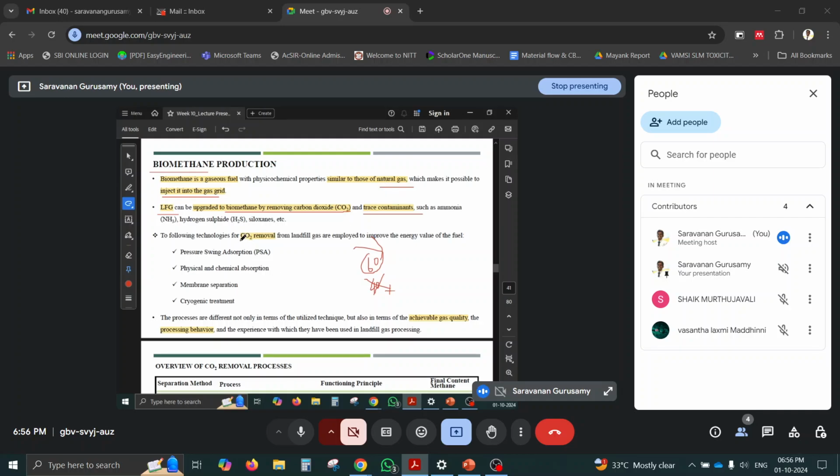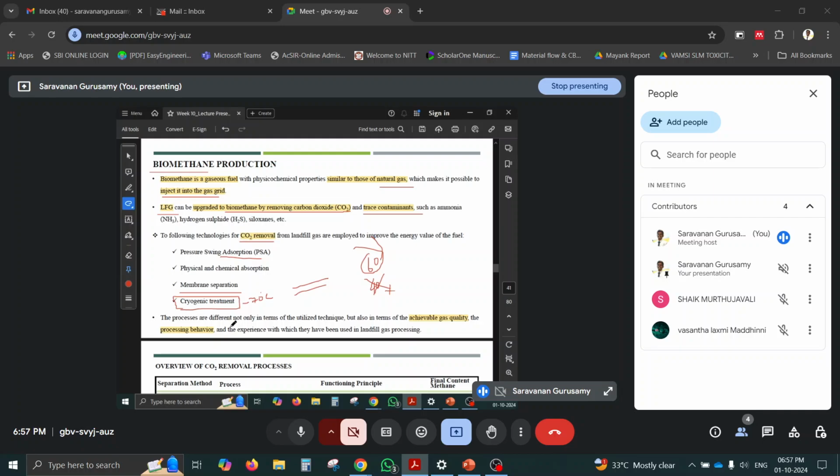So how to remove CO2 from landfill gas? By using adsorption techniques, physical and chemical adsorption, and membrane separation. Lots of studies are going on with gas separation mechanisms using membranes, and then cryogenic treatment. Cryogenic treatment is the chill-out method we have seen, reducing the temperature of the landfill gas to minus 70 degrees Celsius. Below that, all the siloxane particles will settle. Like that, carbon dioxide will get removed, because different gases have different